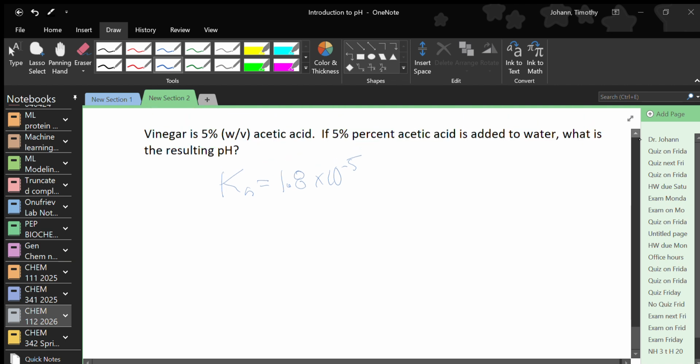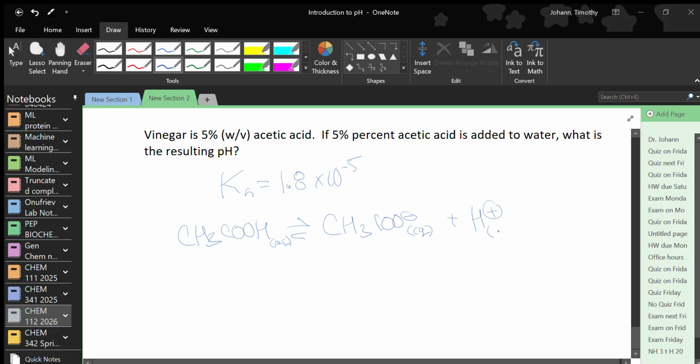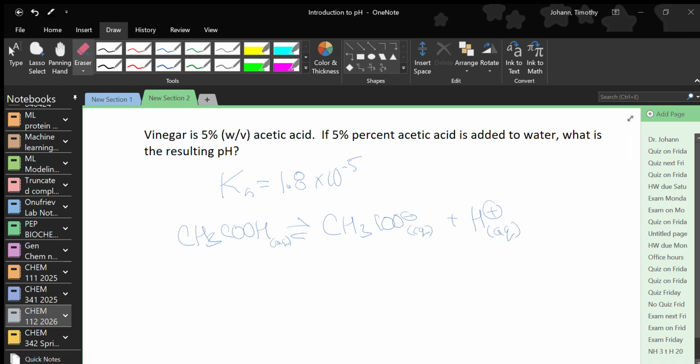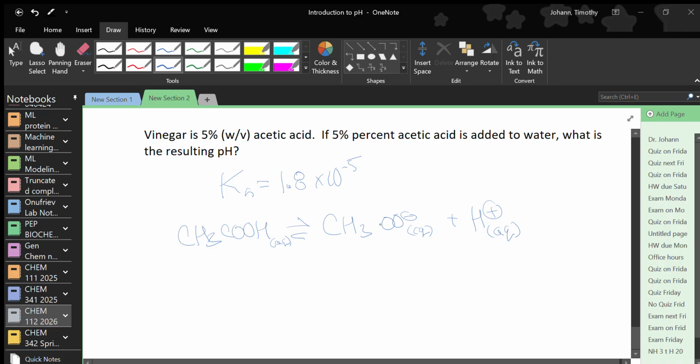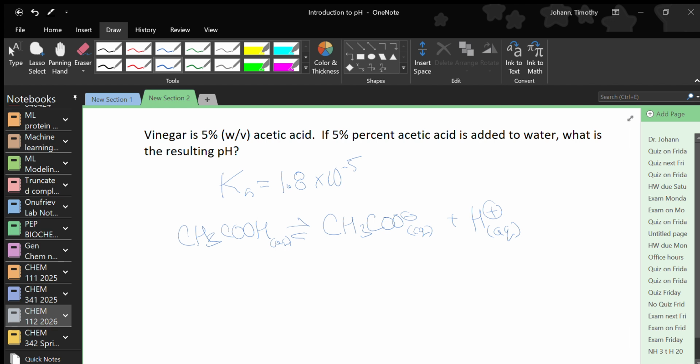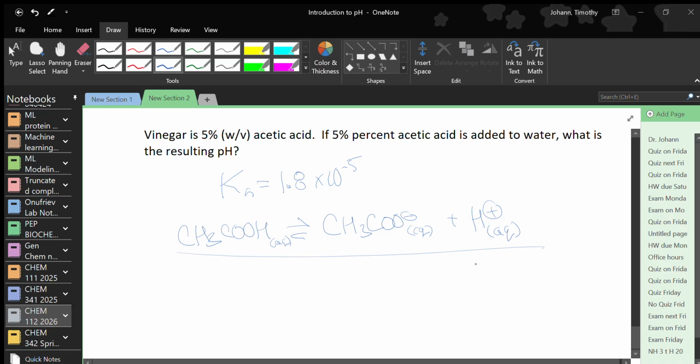All right, so we're going to do an ice table here, but we need to figure out some other things first. I'm going to write out the reaction here for you. This is acetic acid. It'll be aqueous, and it can dissociate in water to make an acetate ion, which is the conjugate base, plus H plus. All right. So if I'm going to do an ice table for this, so initial, change, and equilibrium,